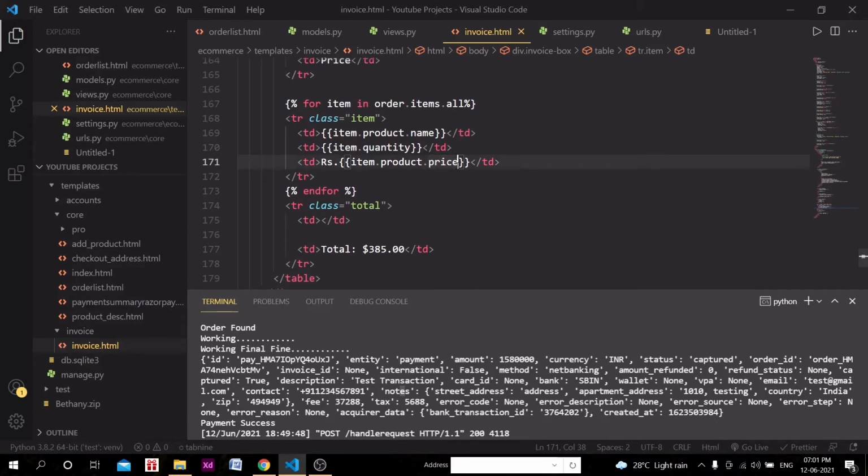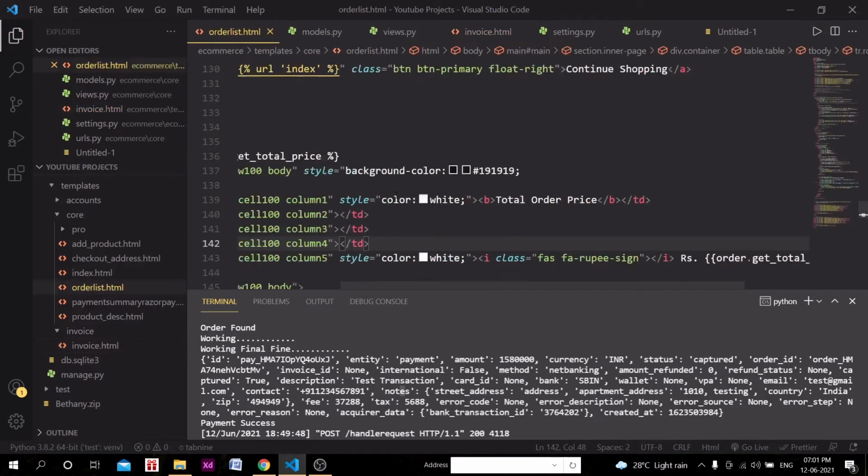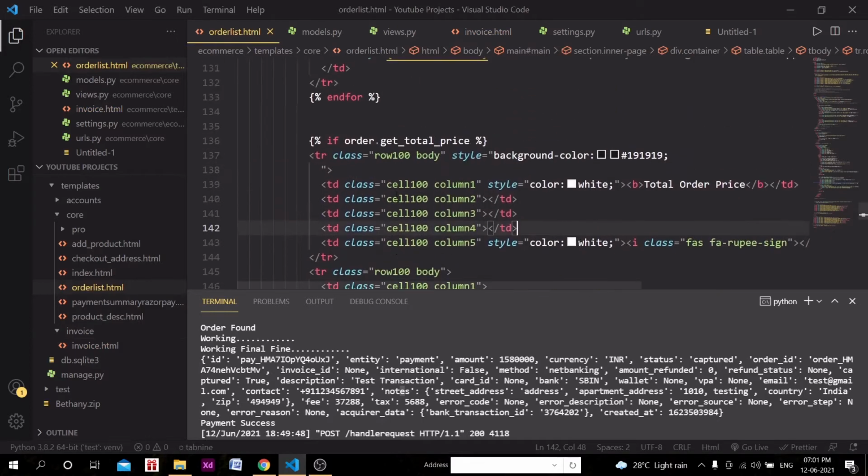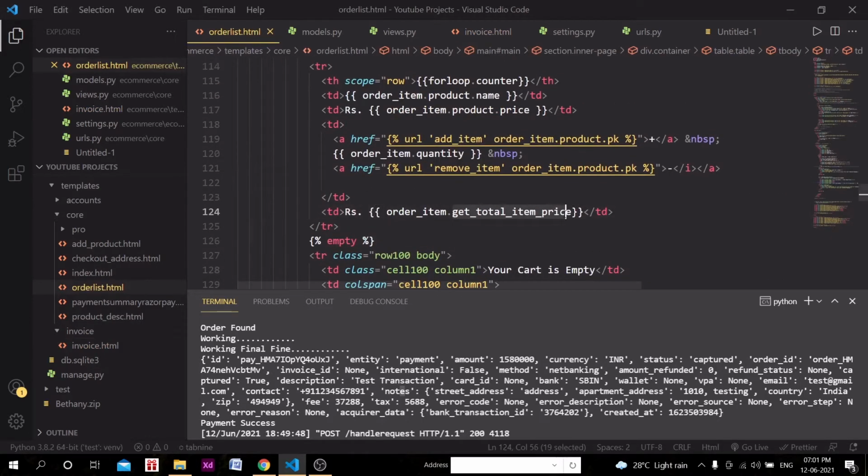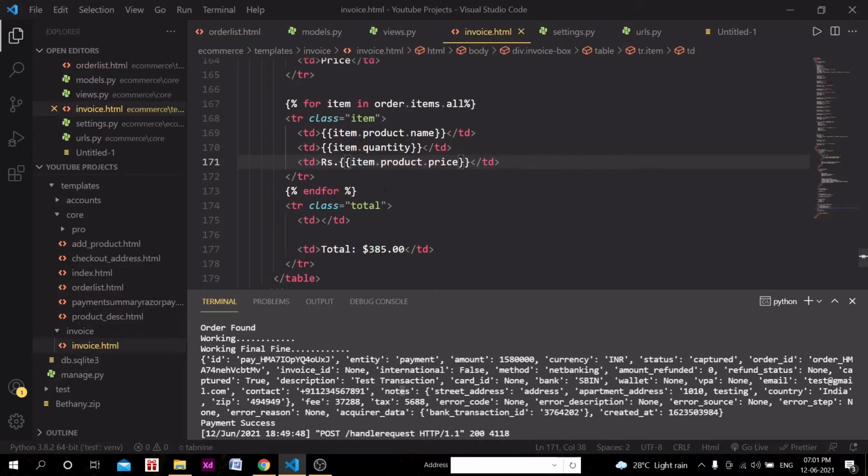If you want to get the price of the total object, in the views.py file, where is that order list HTML page, you will get that thing. In the order list page, what we were doing, we were calling get total item price, right? We can call that in the invoice. Let's see, we can call from the item object only.